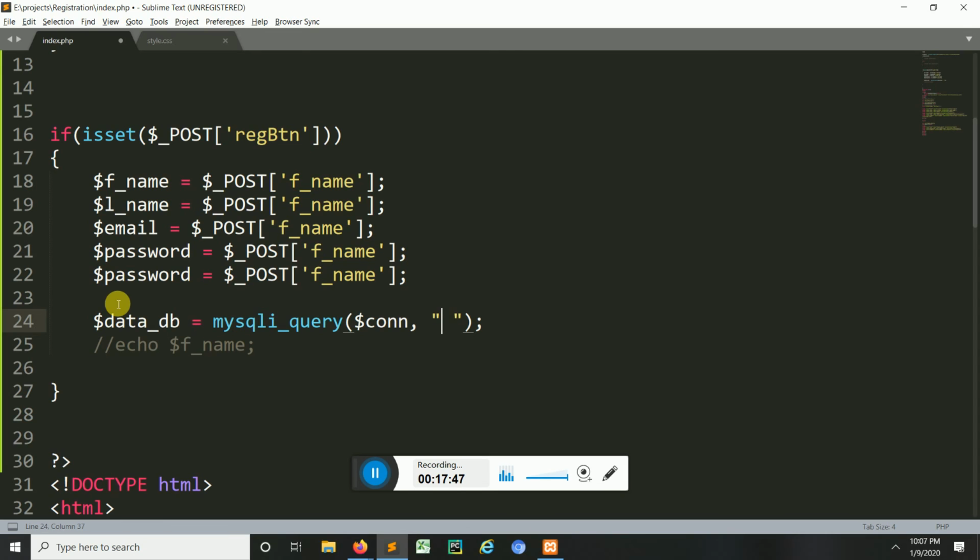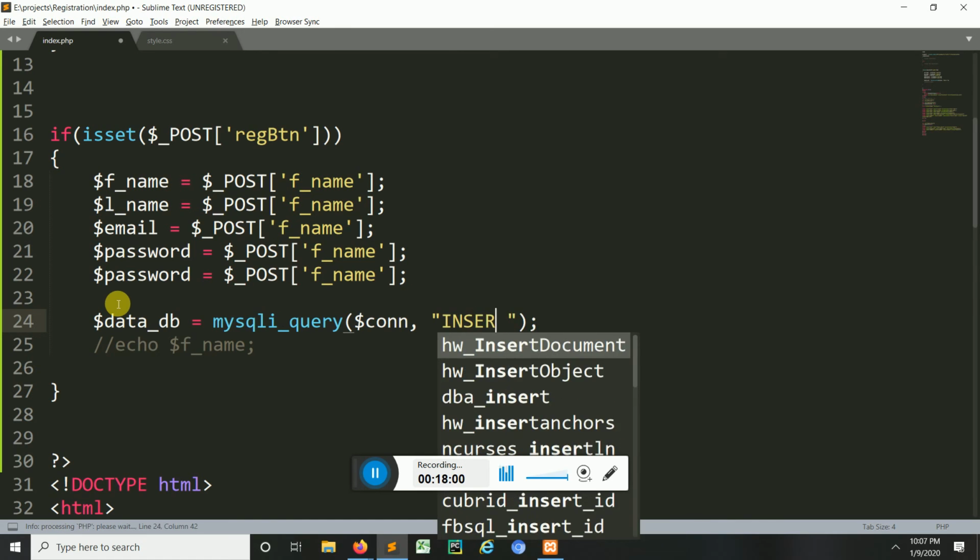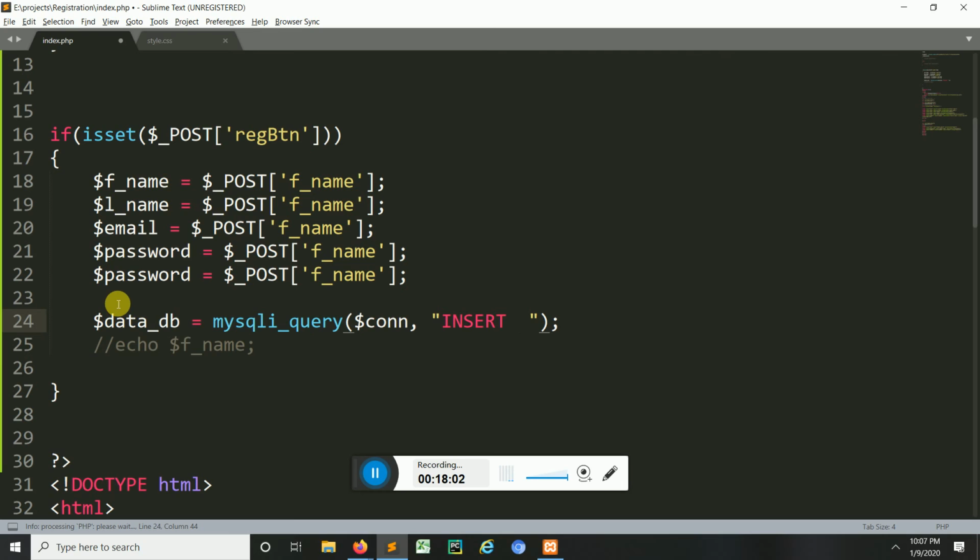You can keep all the strings in lowercase, but it's a good idea, if you write the code like this, to write insert